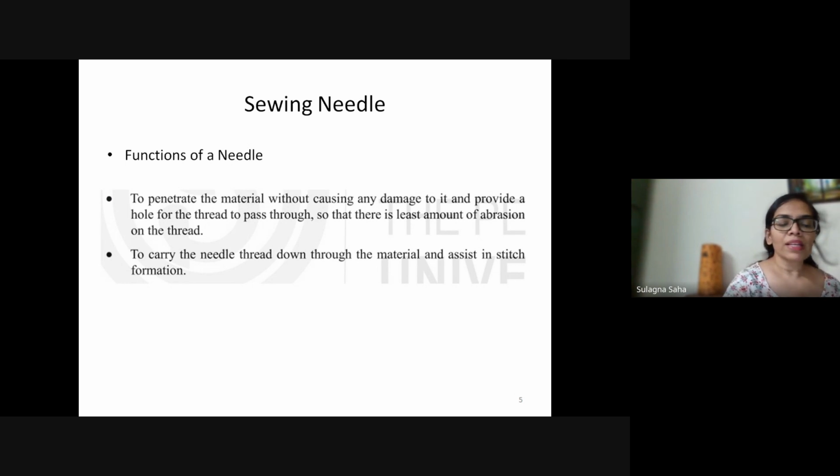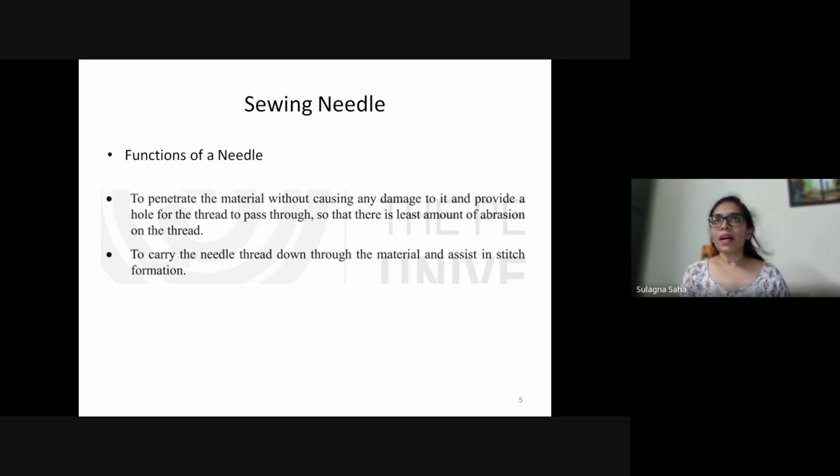Ideally, your needle should penetrate your fabric somewhere between the warp and weft yarn. There would be some holes between warp and weft. Your needle should penetrate through that. A needle should never cut through a warp or weft yarn unless it is required. So we will of course come to that.